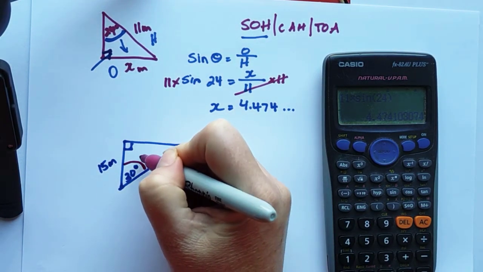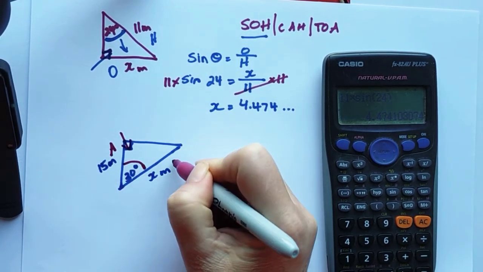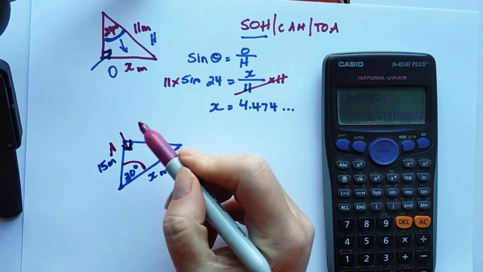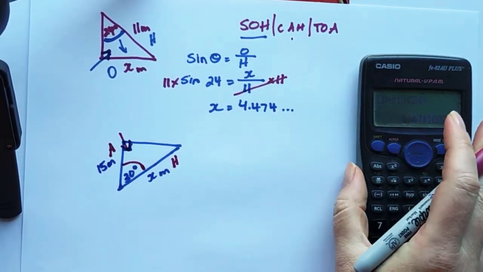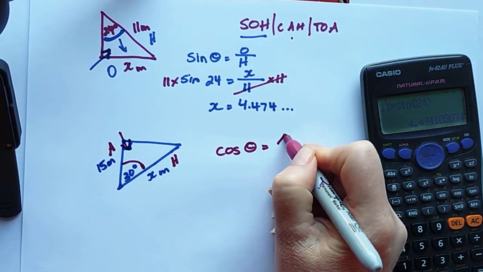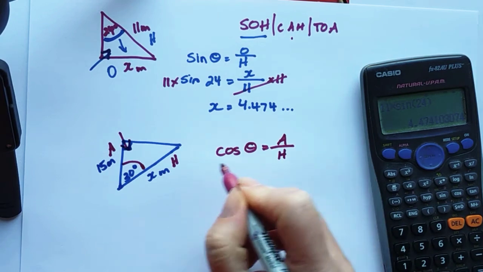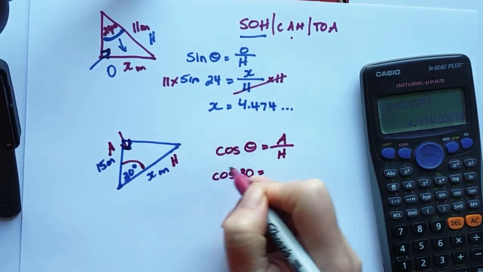I don't have an opposite to it. I've got an adjacent, and I look across and I have got a hypotenuse. So an adjacent and a hypotenuse, that lets me use the cos rule. So I write the cos rule. Cos is adjacent over hypotenuse. I substitute the information in. Cos 30 equals 15